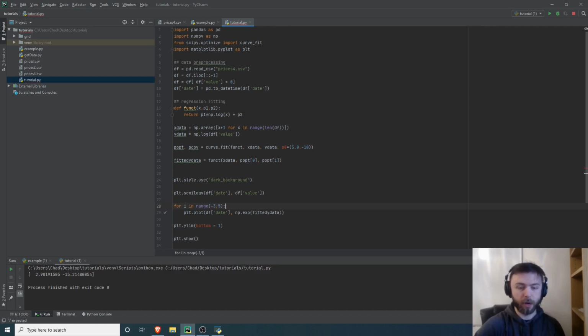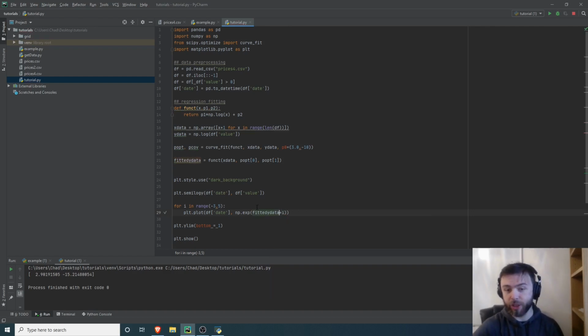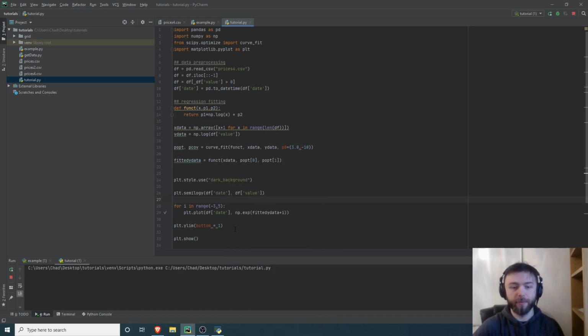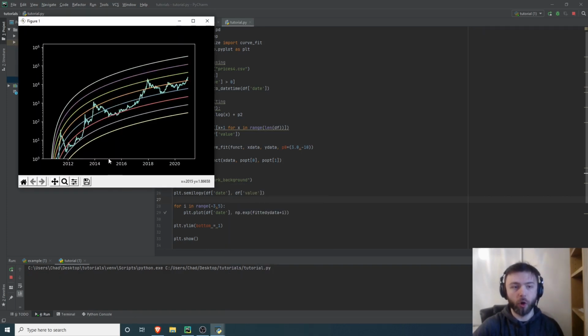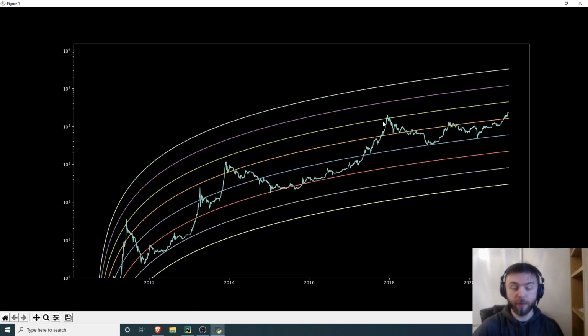You can, of course, experiment with this. And then all we'll do is plus i inside this exponentiation here to each one. And so if we run that, we'll generate a whole bunch of lines, and Matplotlib will automatically take care of the coloring for us. So some of you might actually prefer this. That's why I put this in here, as opposed to the bands, which we're going to generate next, as you can see more clearly where the edges of the bands are if you've just got the lines.